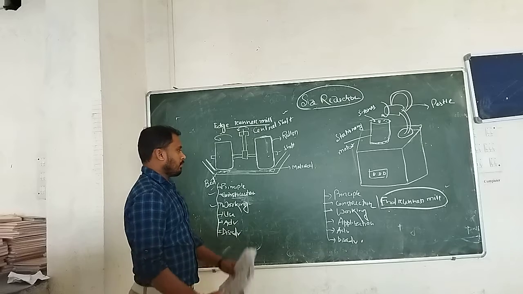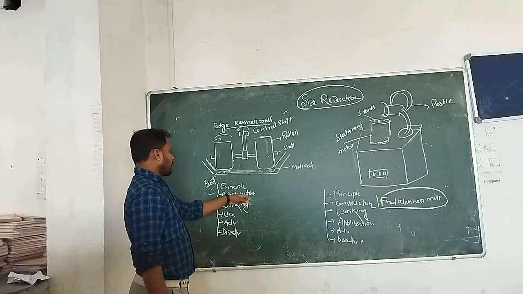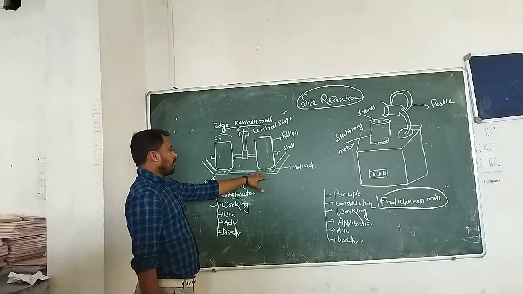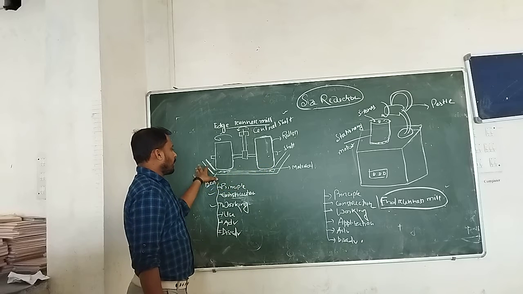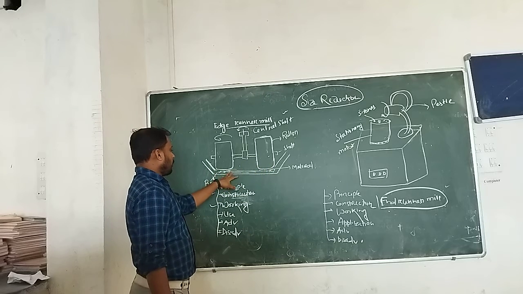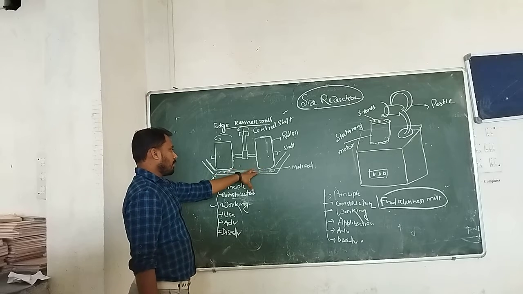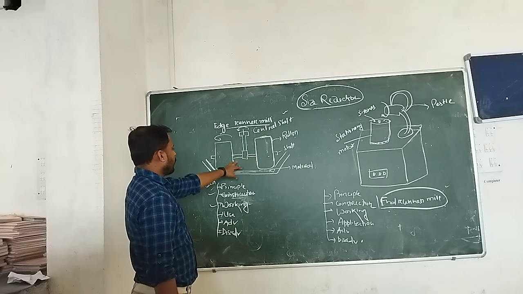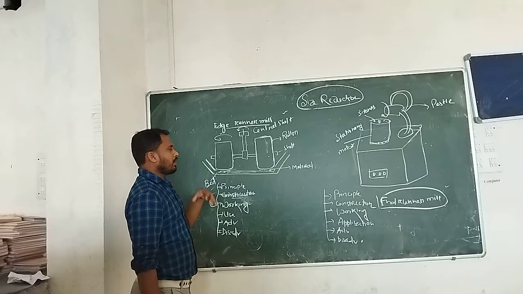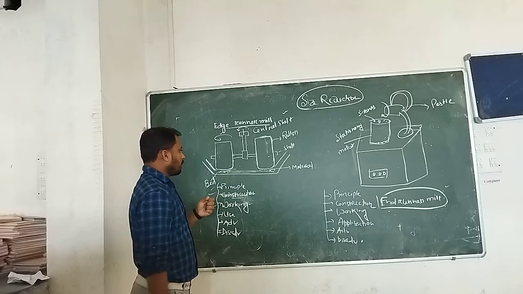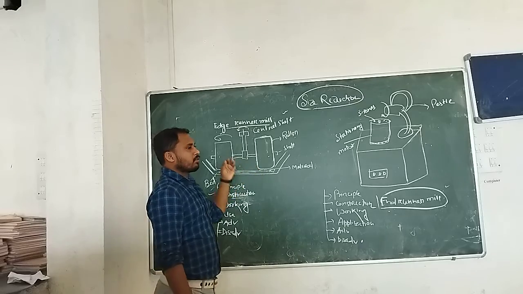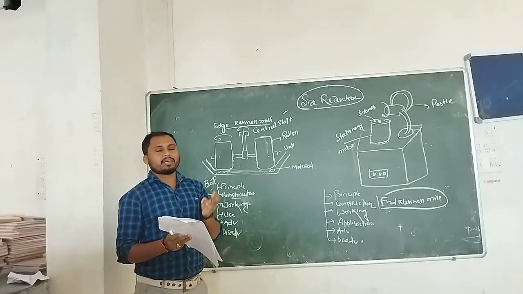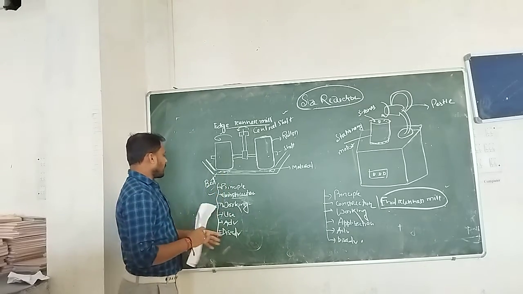Then coming to the working portion. Working is similar to what I discussed in the construction portion. If you are trying to crush the feeding material, you have to place the grinding material into the bed portion of this equipment, then allow the machine to run. As the roller moves towards the feeding material and hits it, it creates a pressure on the material, and the material breaks down into smaller particles. After the operation, the material is collected and passed through a specific sieve in order to get the particles in uniform size and shape. This is the working.